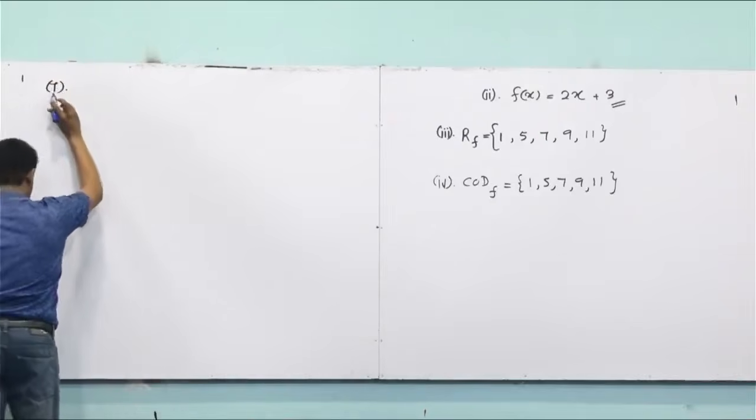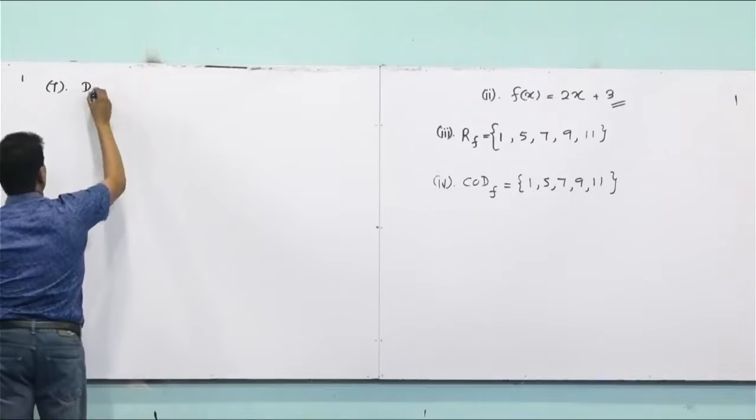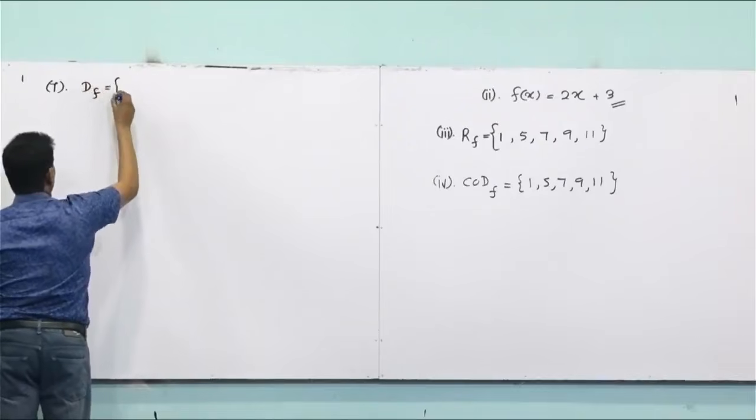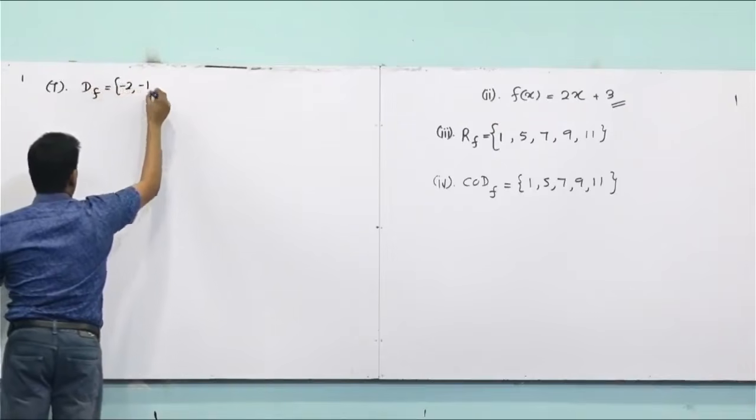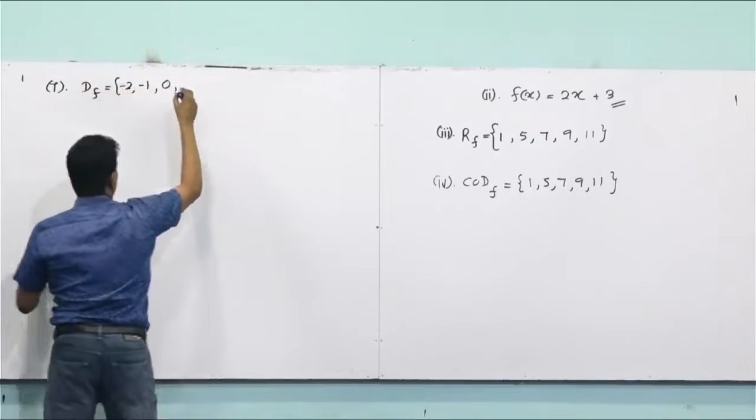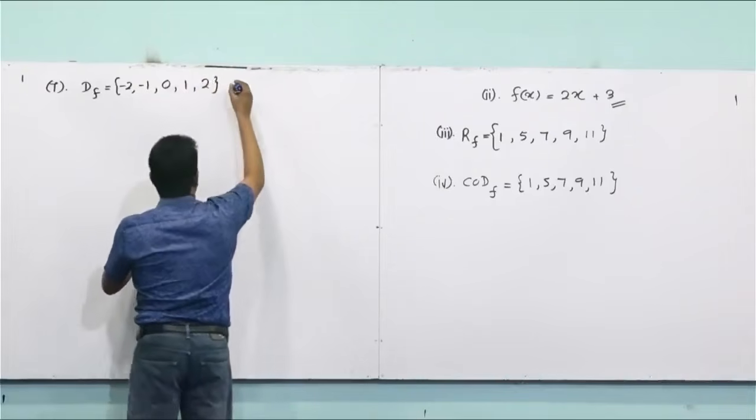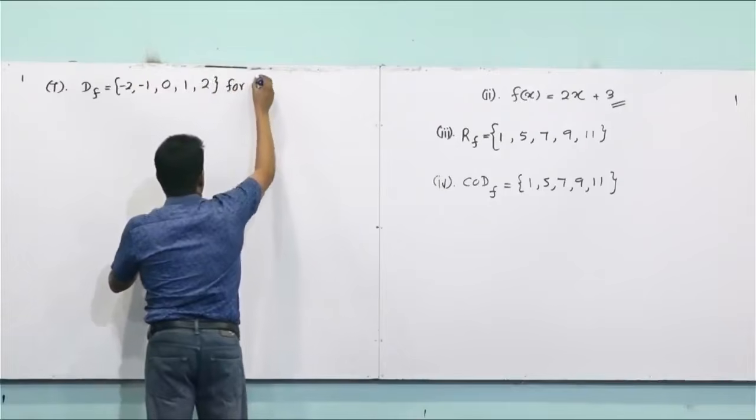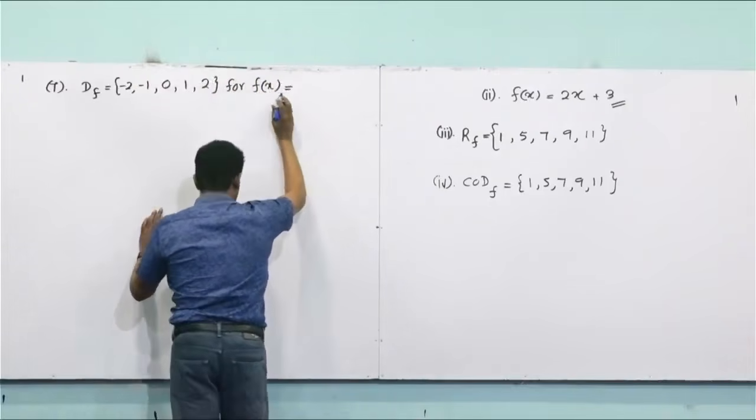Then the seventh example. The domain is minus 2, minus 1, 0, 1, 2. For the apex is